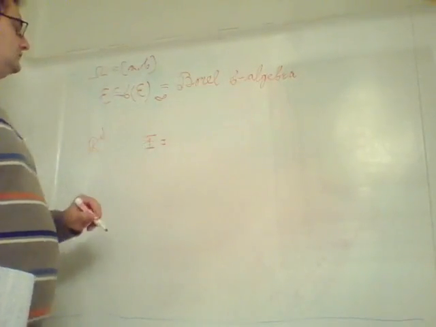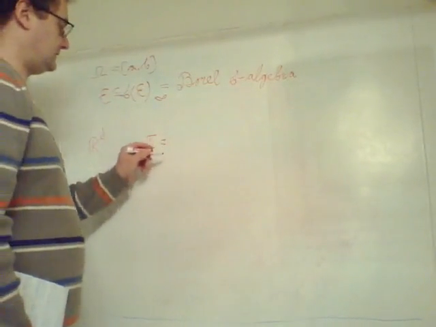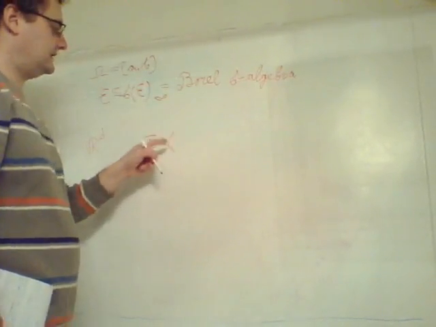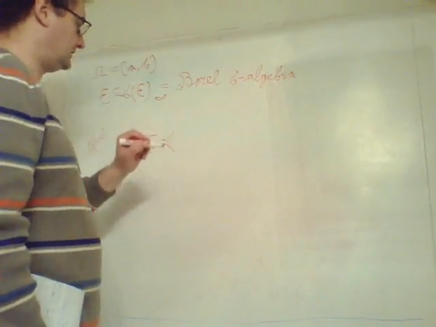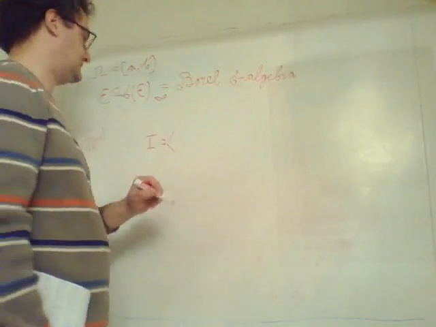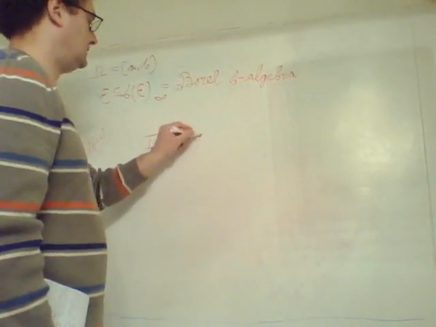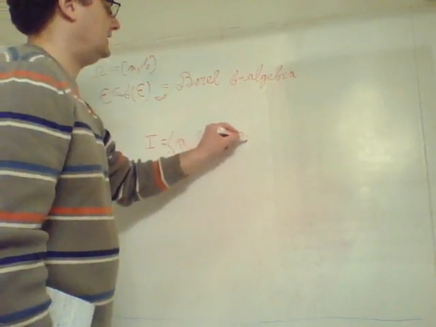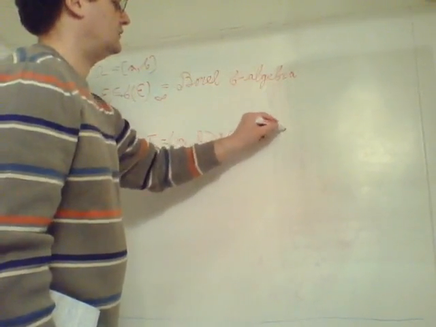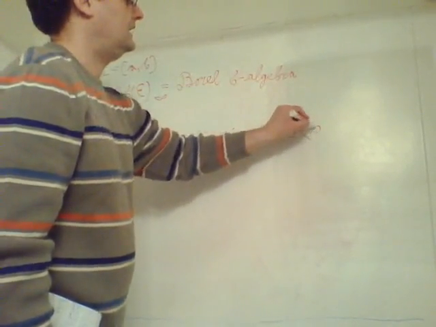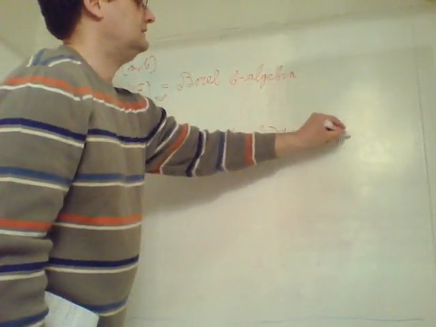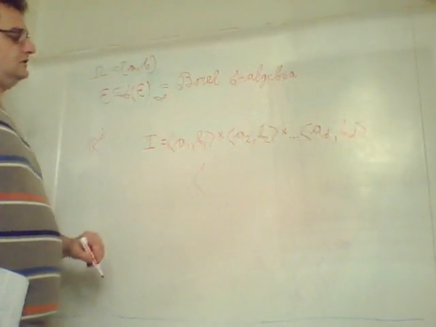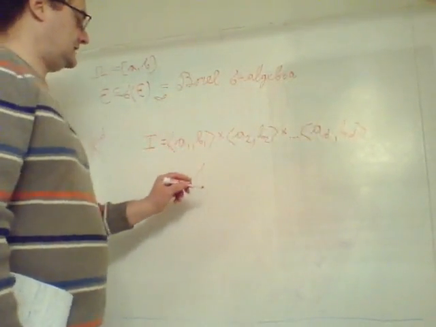Well, it would look like, remember that notation, angular parentheses, A1, B1 cross A2, B2 cross and so on, Ad, Bd, okay, where this left angular parenthesis can be either